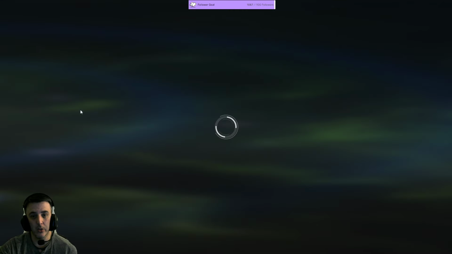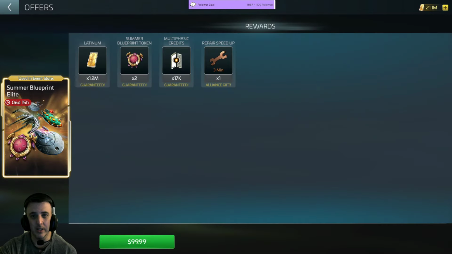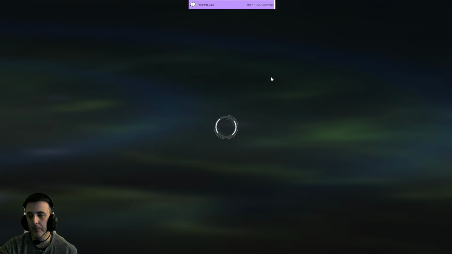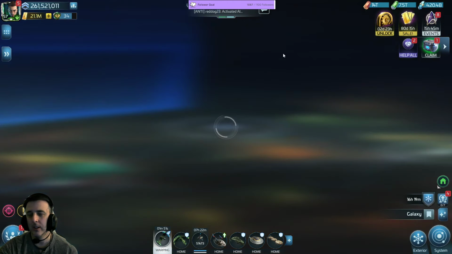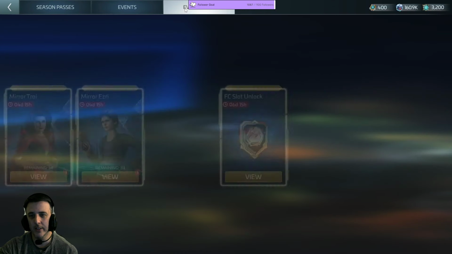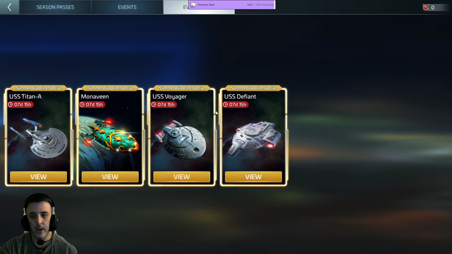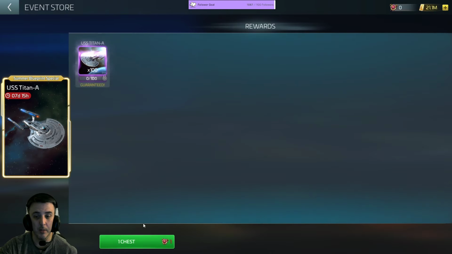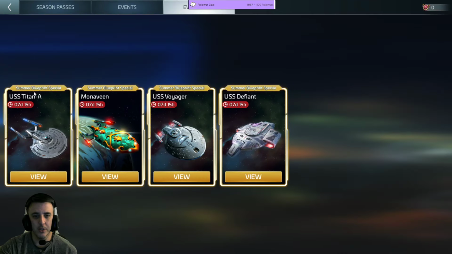And if you want to spend 100 bucks, well, then you get double the Latinum and you get two tokens. And if you're wondering what to do with that token, they can be spent over here in your event store, Summer Ship Store. There are four options for how to redeem your tokens. They all cost the same. One full token gets you enough blueprints for a full unlock of four specialty ships: the Titan, Voyager, Defiant, and